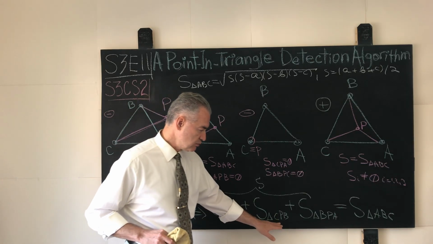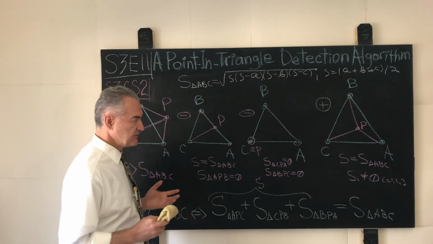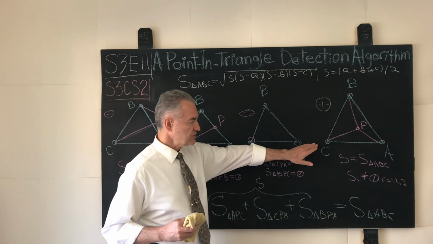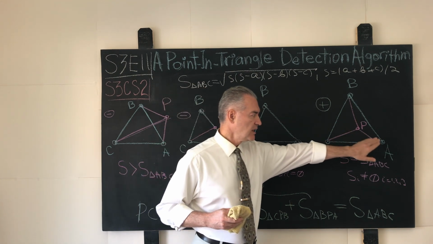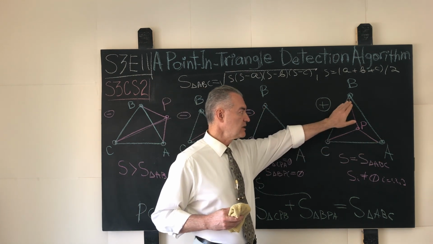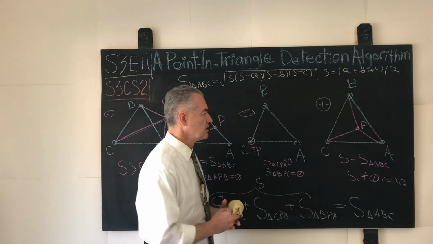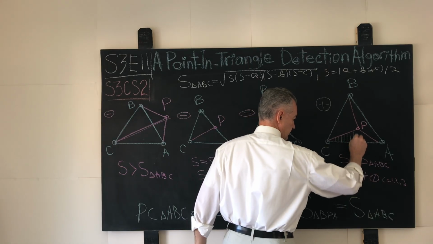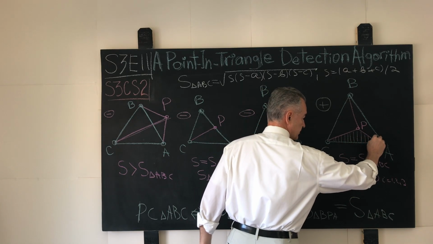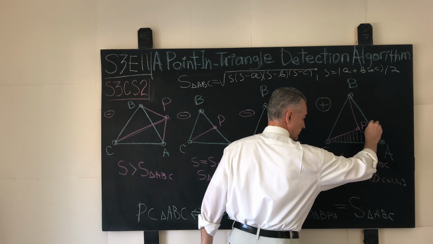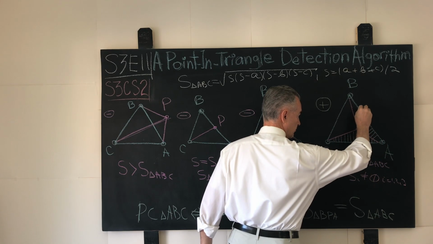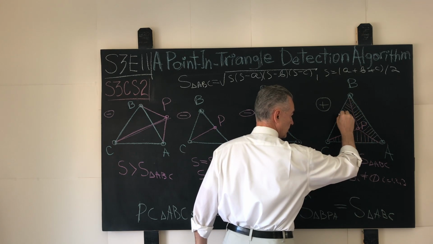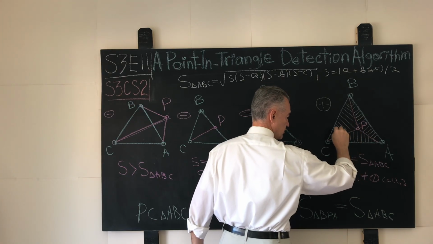Taking the happy path scenario, the triangles of interest here will be C, P, A, again A, P, B, and B, P, C. If we cross hatch them this way, for example, this triangle will cross hatch that way. This triangle will cross hatch that way. A smaller triangle. This time we're dealing not with angles, but with areas. And the smaller triangle shown